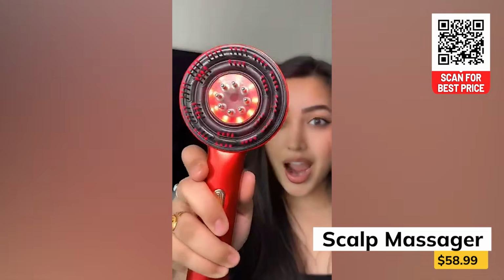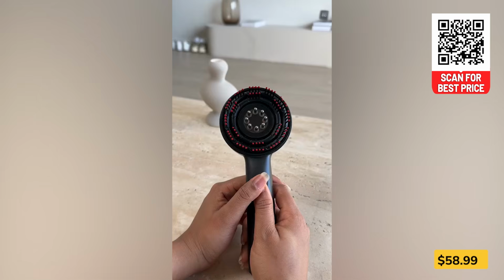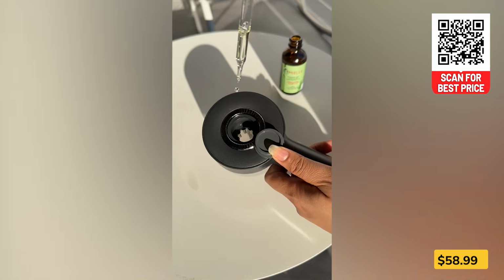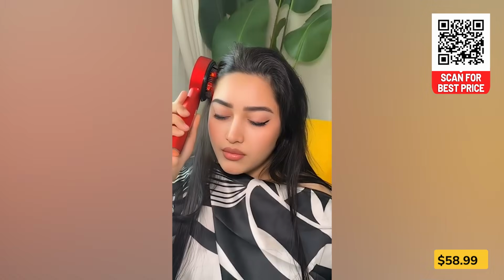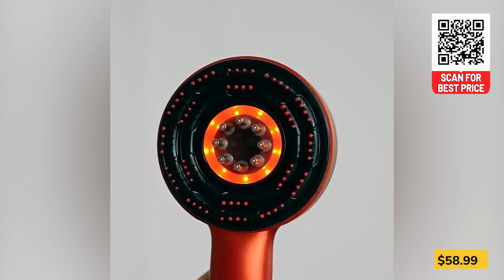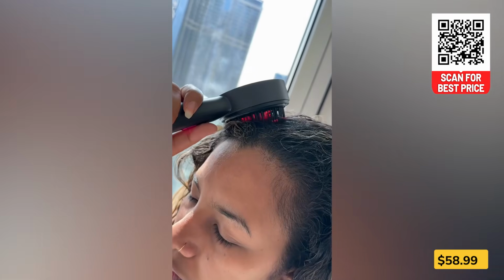Turn your hair care into a mini spa session. This 3-in-1 electric scalp massage comb soothes your head, stimulates circulation, and helps prevent hair loss. 5 adjustable levels let you go from gentle relaxation to deep stimulation, while the built-in hair oil applicator nourishes your scalp as you massage. IPX7